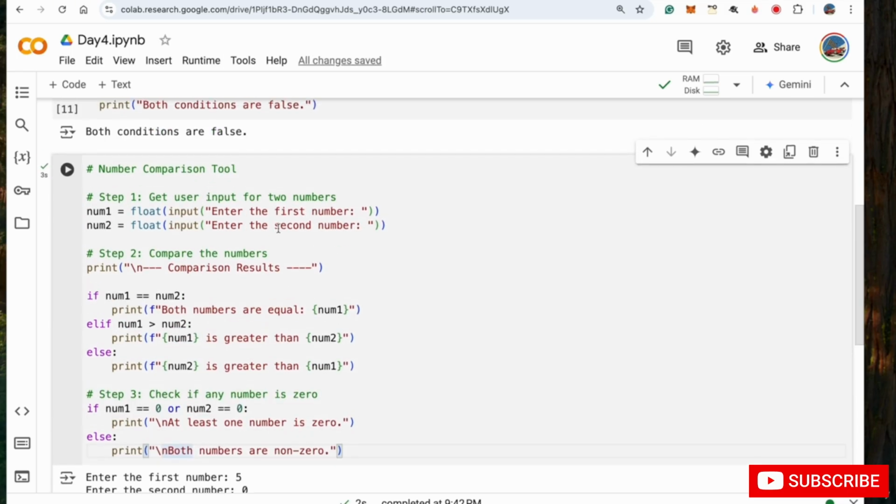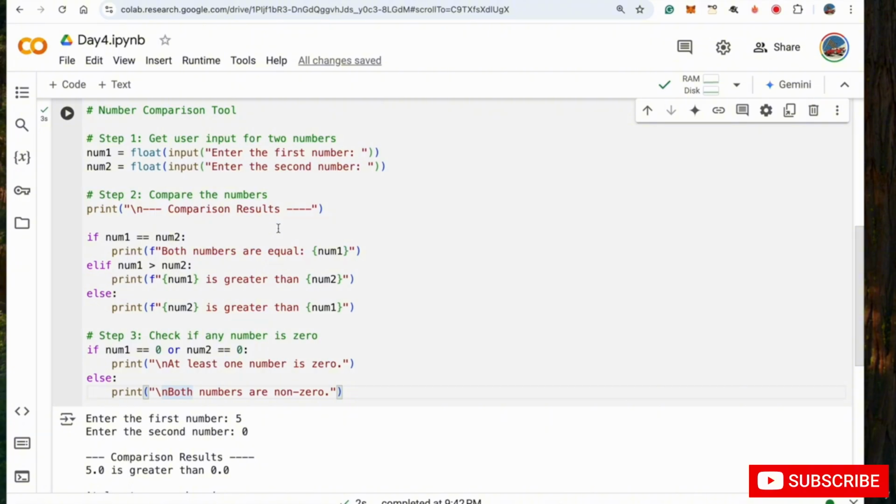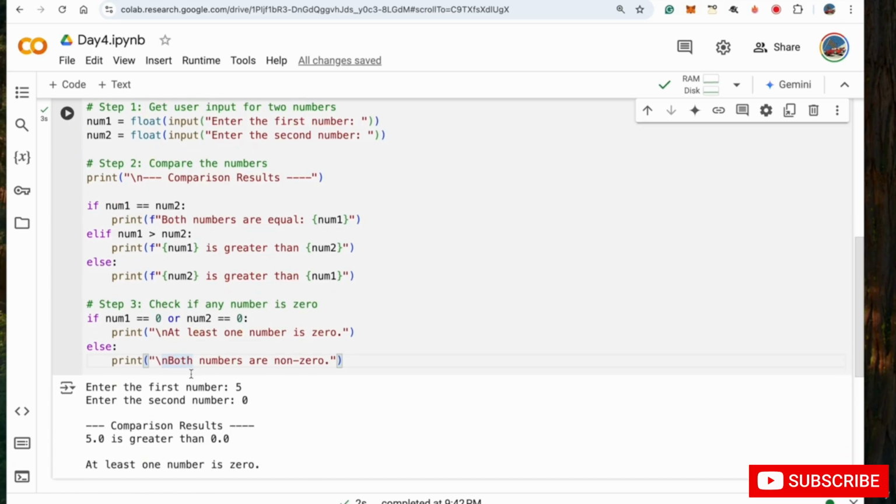So that's an example of our number comparison tool. I hope you were able to follow along. Again, just to go through the project breakdown, we did some input gathering where we took two numbers using the input function and converted them to float. We used if else to compare the numbers and display the results. We used or to check if either number is 0, and we used